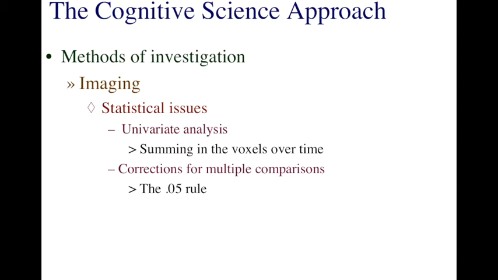Well, the problem is this 0.05 rule can be applied to hundreds of different voxels. This means that we could end up with a number of these voxels appearing to be increasing in their activity, not because of what we're processing, but because of chance. Think of it this way. Imagine you have a 20-sided dice. If you roll a 1, that's quite rare. It should only happen 5% of the time. But if you get to roll the dice 1,000 times, you're going to have lots of 1s appear. So even though the probability of rolling a 1 is only 5%, because you're rolling 1,000 times, we're going to expect to see that 1 appear multiple times.